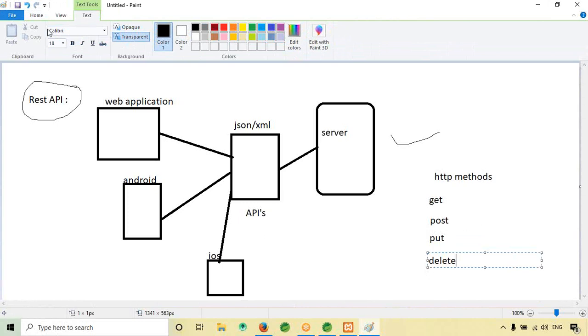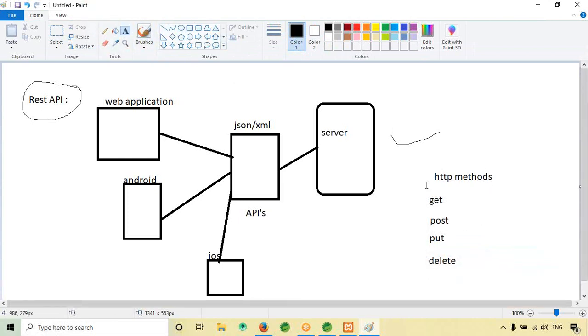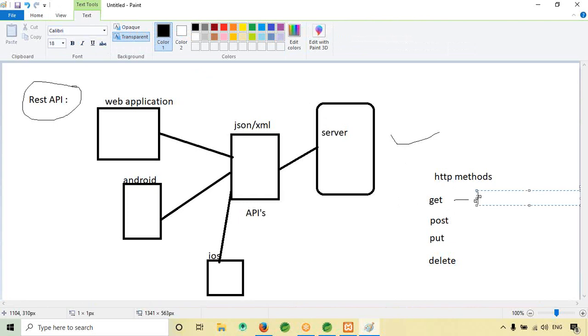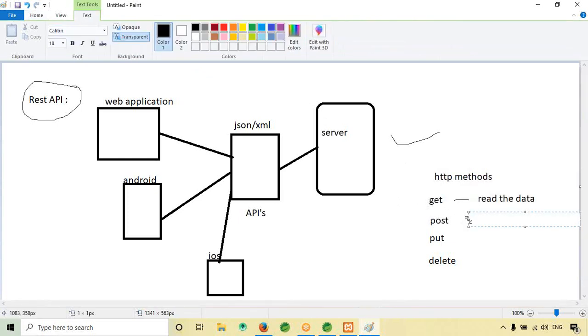So like that we will use the HTTP methods. Get is used to read the data. Post is used to create or insert the data.